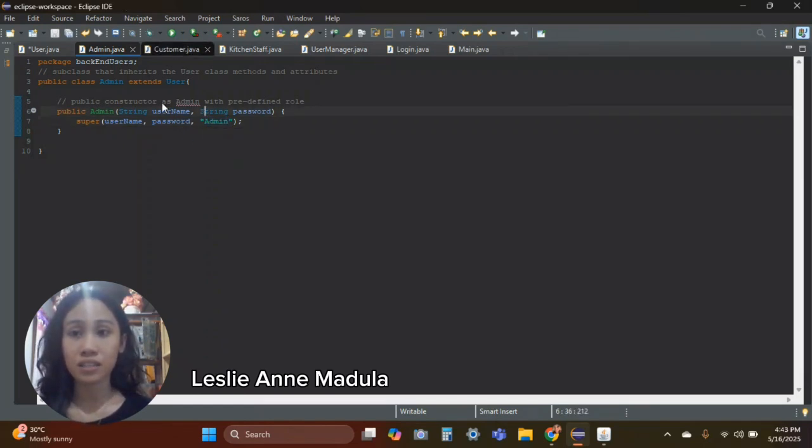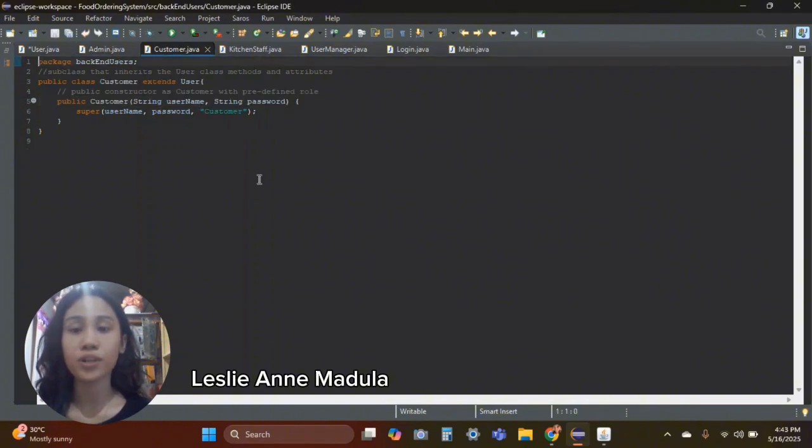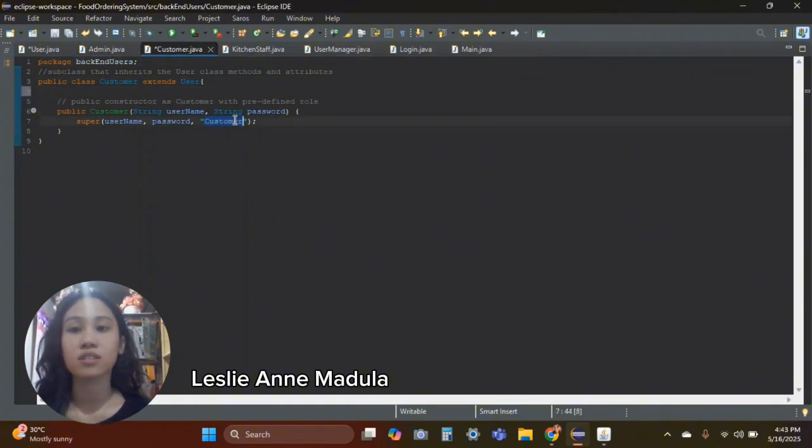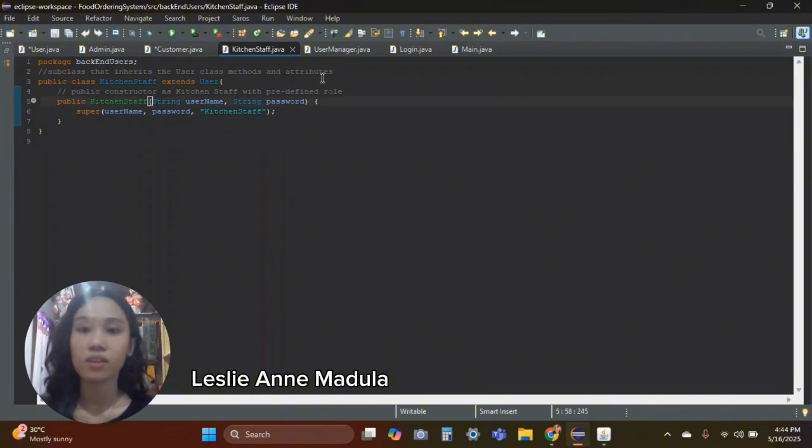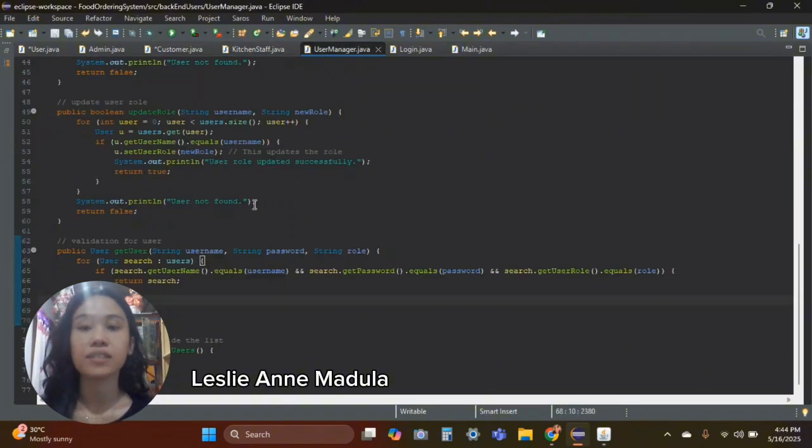It is the same for the other subclasses. The only difference was the user roles. And for the kitchen staff, we have the kitchen staff. Next,